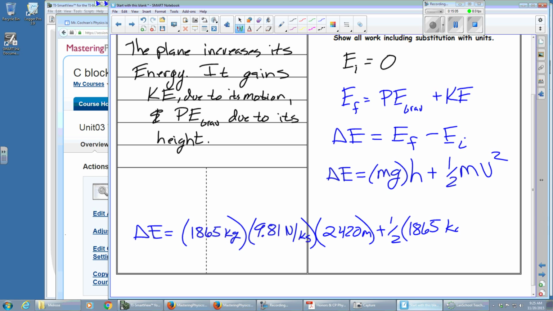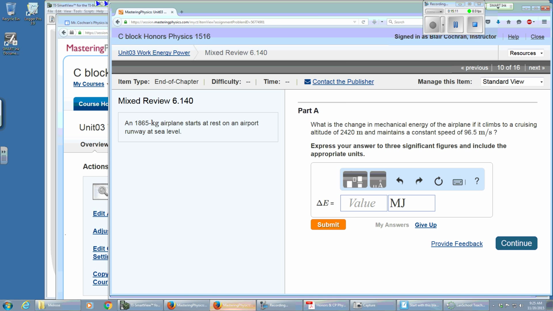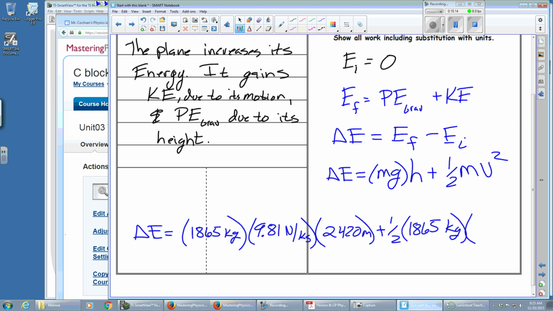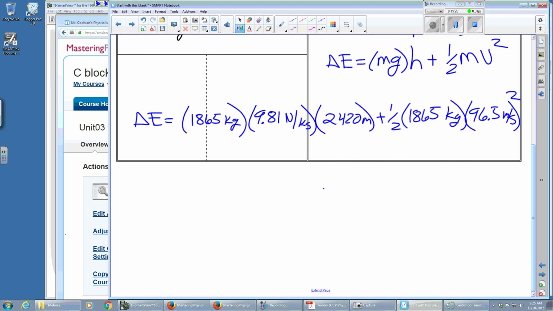Look on the back of your equation sheet. And meters per second. So, oh, good. And then just solve. If you just do all these units, what's your answer going to end up being in? What units? What's our base unit for energy? Joules, right, good. So make sure you convert it before you put it in.